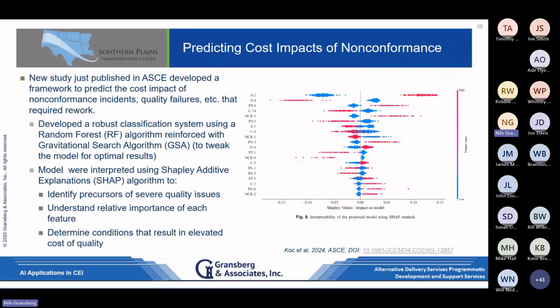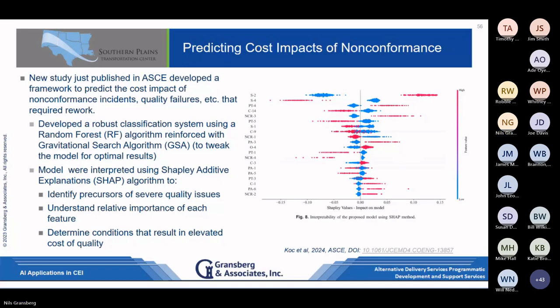So this was a new study that just came out. Just wanted to reference this. This one was really interesting to me because it was looking at predicting the cost impact of non-performance, looking forward at it. And this model had a really robust design. It probably had a good 8 layers, at least 4 or 5 different machine learning algorithms built into it, multiple data processing steps, and classification. And what's interesting about it is they used a